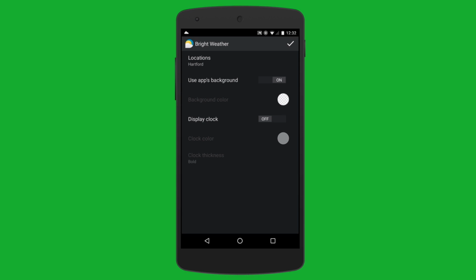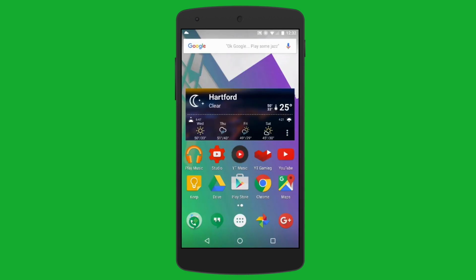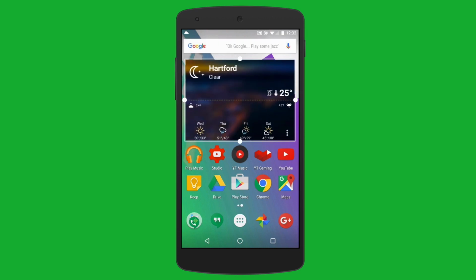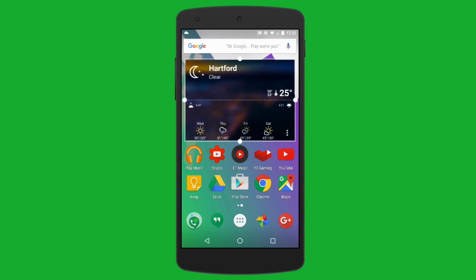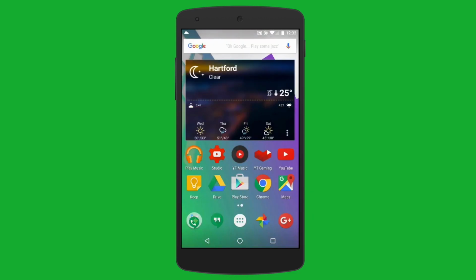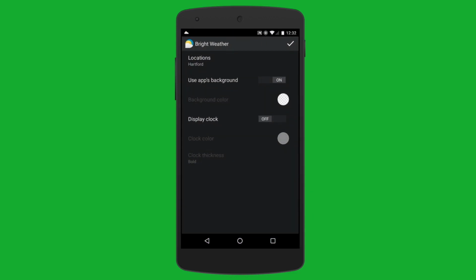Now I'm going to put the app's background on, and I believe these are Bing images that they are using. And of course you can make this bigger on Android, as big as you want, but 4x2 is the standard size. It actually looks pretty good big like that. So let's go ahead and tap the settings again,